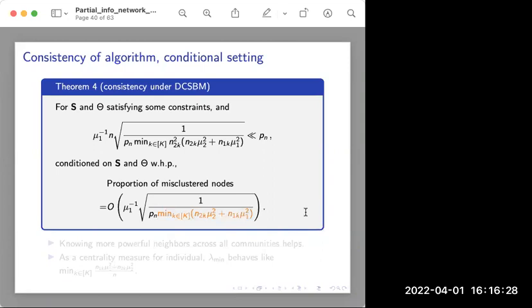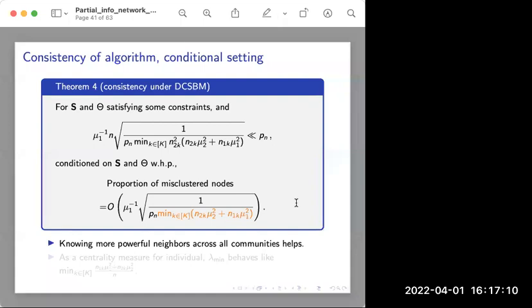Looking at this term more closely, it is saying that if individual one has more neighbors, then I have a smaller bound on the misclustered nodes. Or if the number of neighbors, the degree of individual one, is fixed, then a higher proportion of these N_2k, and remember N_2k counts the number of neighbors with degree parameters generated from the hub distribution, is going to make this upper bound smaller also. So in other words, this is saying knowing more powerful neighbors across all communities will help individual one identify the